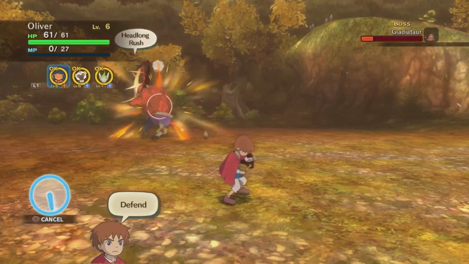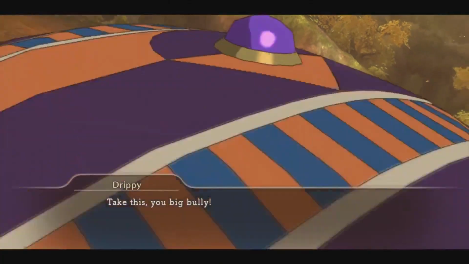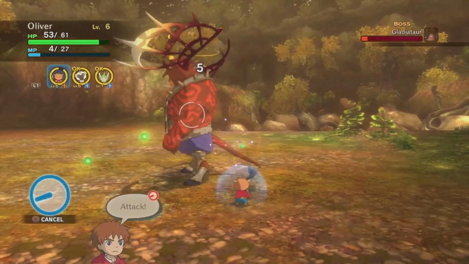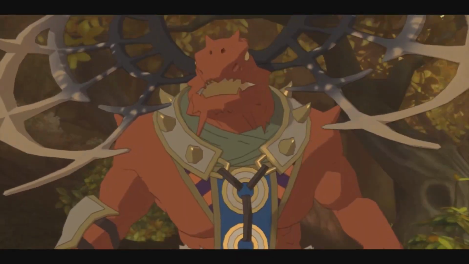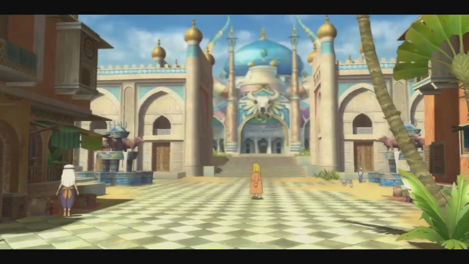We'll keep spamming Frostbite and then defend when he uses Headlong Rush, which causes Drippy to throw the boss's shield back at him to stun him. You can use this time to attack with Mighty in hopes for some blue or gold glims to drop and kill him with either Frostbite or Oliver's Burning Hearts. The Gladiator calms down and leaves, so we'll fix the spring that Shadar dried up